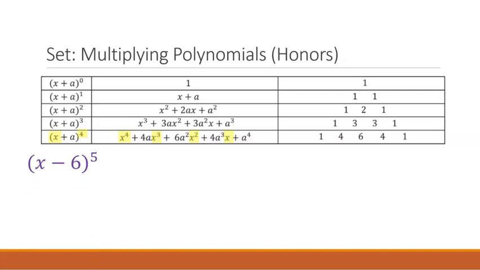Looking at an example where x minus 6 is a binomial being raised to the 5th power, we can follow this same pattern. The variables in the terms will start with x to the 5th power and decrease in degree all the way down to x to the 0th power, which is not included since it would result in 1. The next thing that we will notice is that Pascal's triangle's 5th row, 1, 4, 6, 4, 1, is included